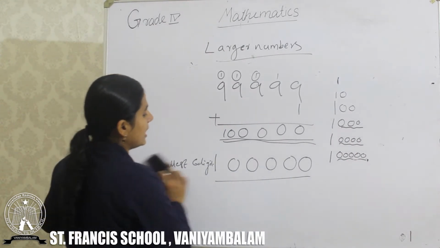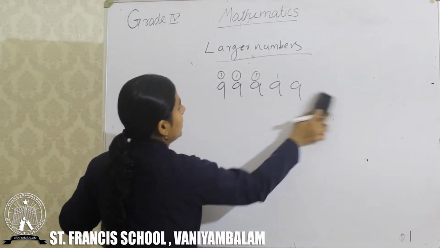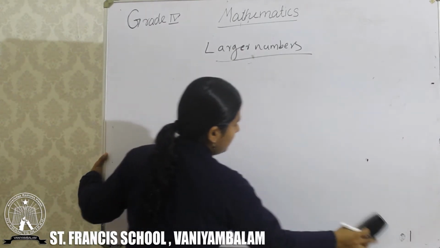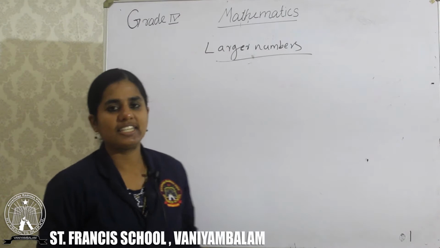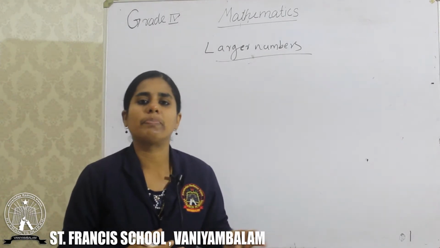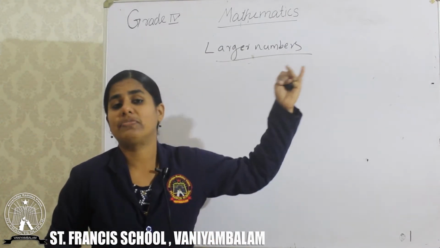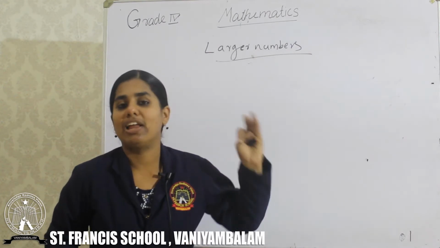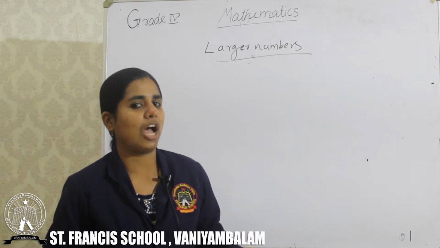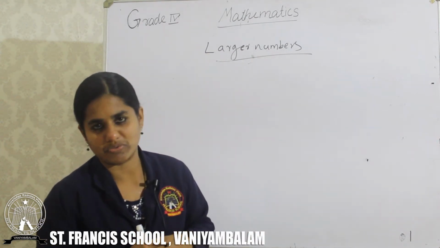Now we can see the place value chart of a 6-digit number. That is very simple. We already learned up to a 5-digit number. On the right side we have ones, left of the ones we have tens, left of the tens we have 100, then 1000 and 10,000. Then one more place is here. We can see the name of that new room.